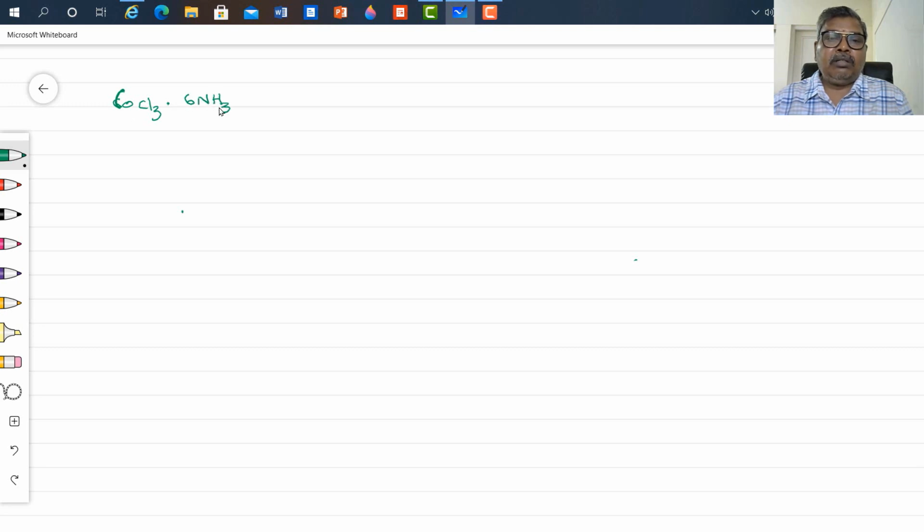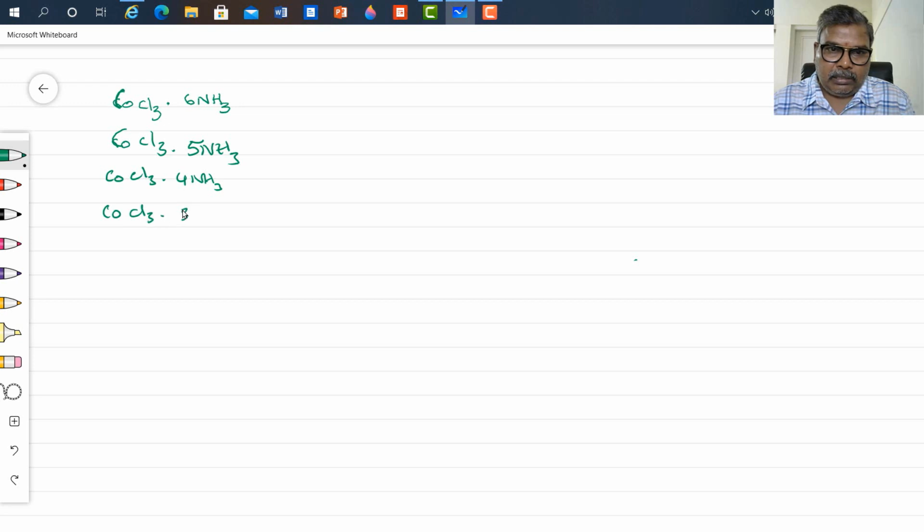So here you treat it as 1:6 moles like this: CoCl3, 5NH3, CoCl3, 4NH3, CoCl3, 3NH3. So with different mole ratios,